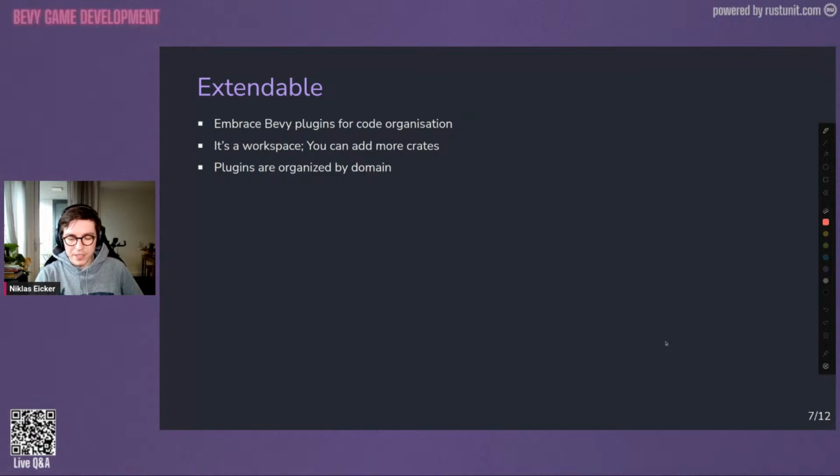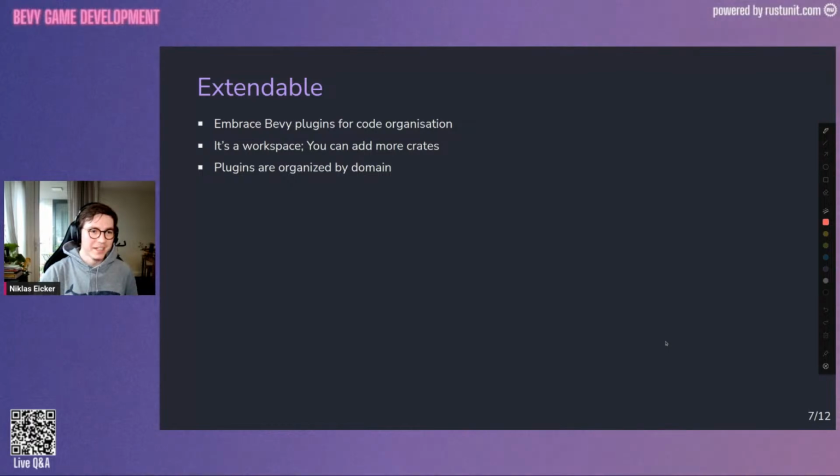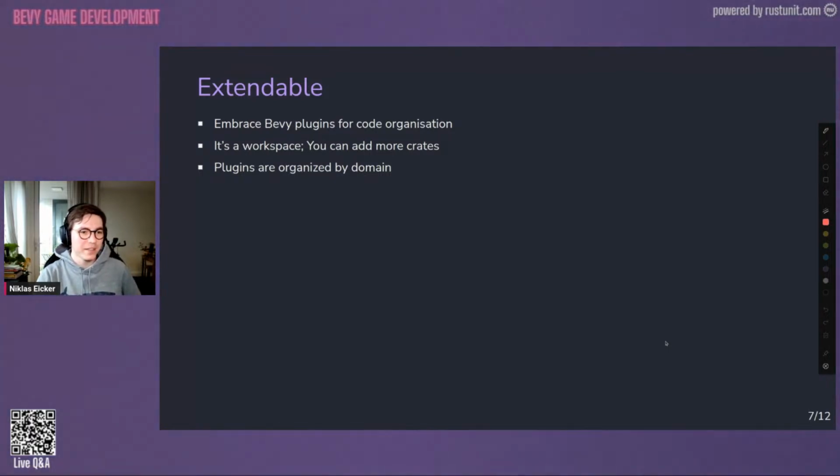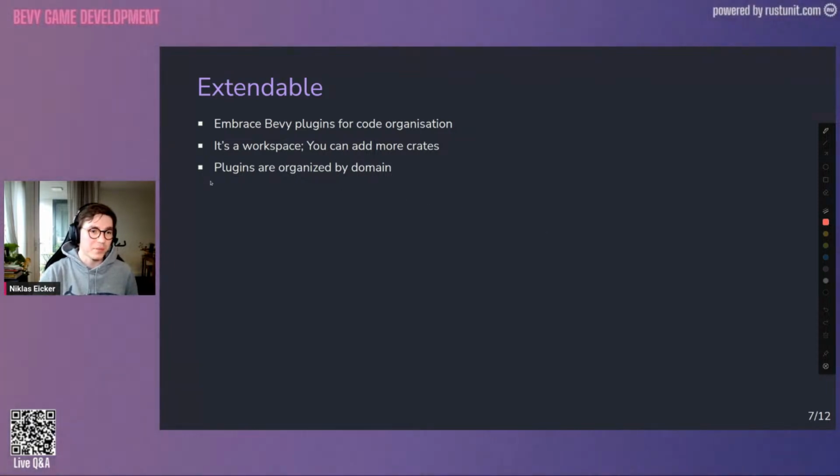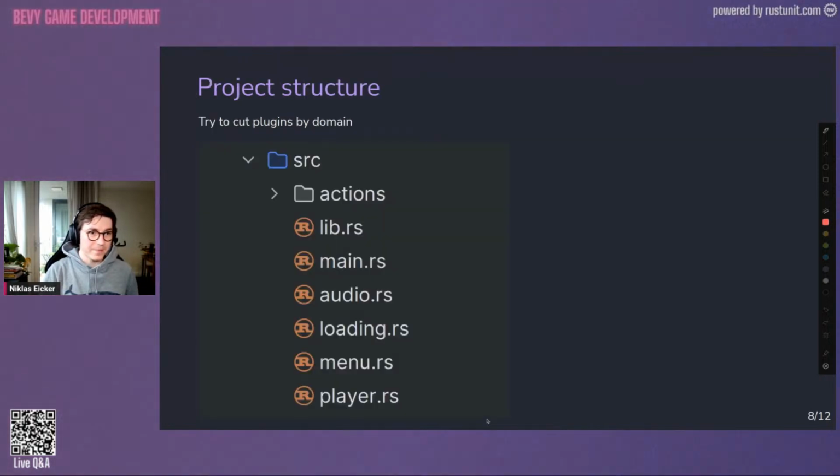I've seen some other ways of organizing things, like having a systems.rs file or resources.rs file and then put them all in there. I really don't like this. I don't think it scales well. And I'm going to show you one more thing about why I think this is a really good way to go. First of all, what this means in the case of the template is if we look at the files again,